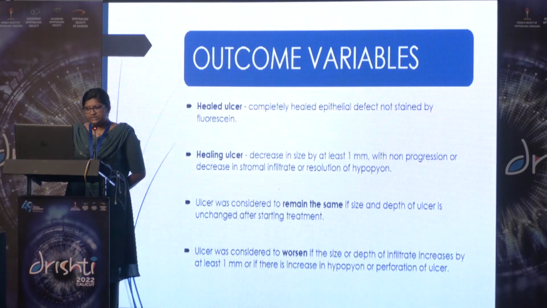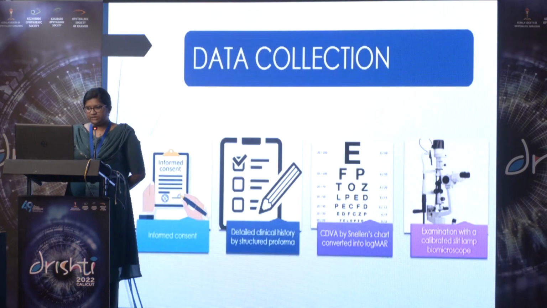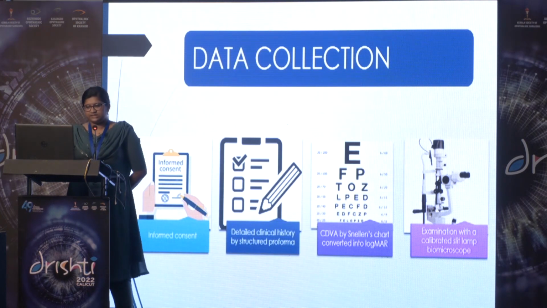And the outcome variables were defined as a healed ulcer, healing ulcer, the ulcer remaining the same at the end of treatment, and ulcer which was worsening at the end of treatment. Then data collection methods: informed consent was taken, detailed clinical history by a structured pro forma was taken, corrected distance visual acuity was taken by Snellen chart and converted into logMAR, and examination with a calibrated slit lamp biomicroscope was